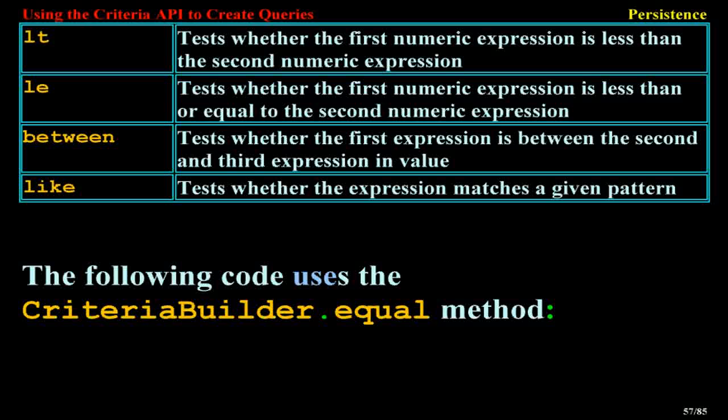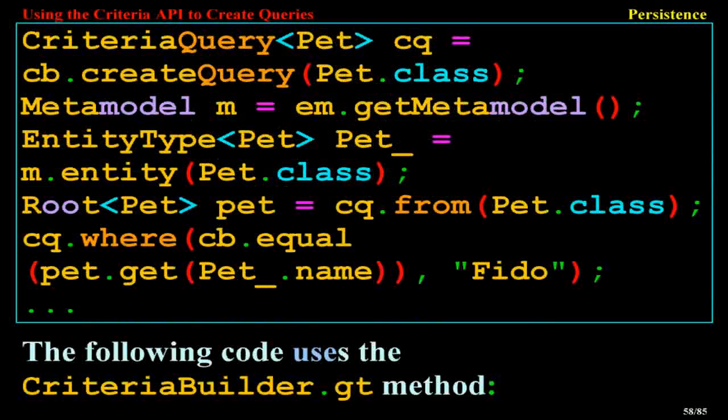The following code uses the CriteriaBuilder equal method. CriteriaQuery<Pet> cq = cb.createQuery(Pet.class); Metamodel m = em.getMetamodel(); EntityType<Pet> Pet_ = m.entity(Pet.class); Root<Pet> pet = cq.from(Pet.class); cq.where(cb.equal(pet.get(Pet_.name),